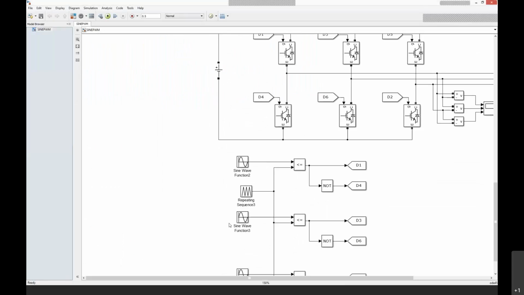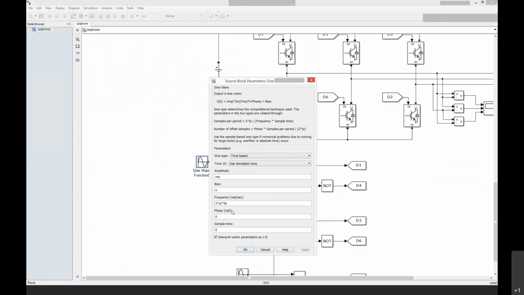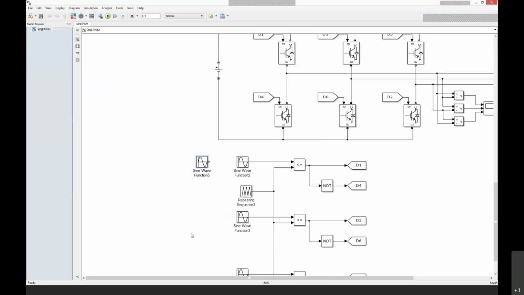Now we will simulate this one. If you want to inject some third order harmonic component, that must be added to the modulating signal of all phases. So copy this one, right? Here it should be a third order. For example, if you want to inject the third order, we need to change it. This is 50 hertz, right? So the third order harmonic frequency is 150 hertz, right? So change it to 2 pi 3f. So this is the third order harmonic, and this is the fundamental.